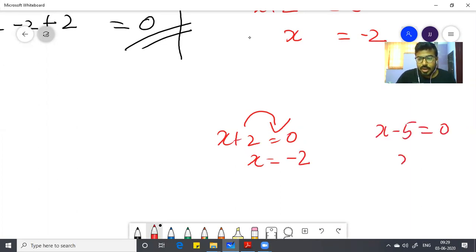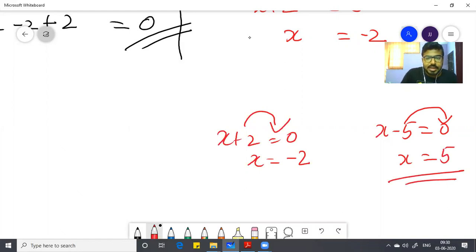ओके। नाउ x इक्वल टू -5, राइट साइड में जाएगा तो साइन चेंज हो जाएगा, माइनस प्लस हो जाएगा। सो यहाँ पर +5 हो जाएगा। ओके, सो आपके ये नंबर्स इक्वल साइन के राइट साइड में जाए या इक्वल साइन के लेफ्ट साइड में जाए, उस टाइम में आपको साइन को चेंज करना है। प्लस माइनस में चेंज हो जाएगा, माइनस प्लस में चेंज हो जाएगा।